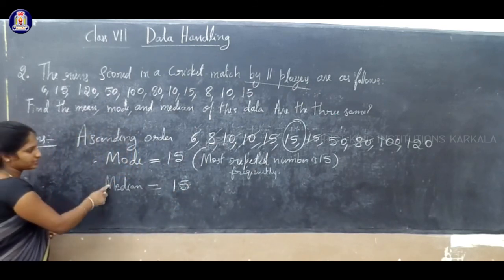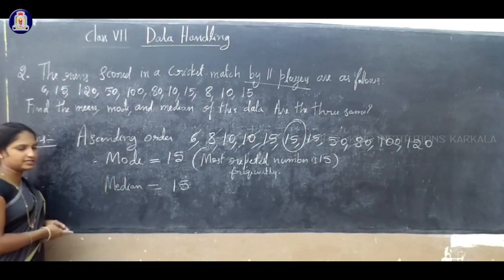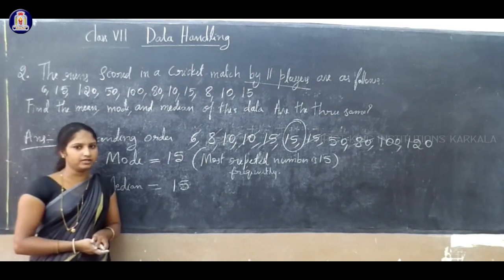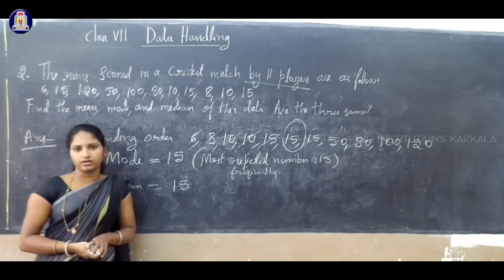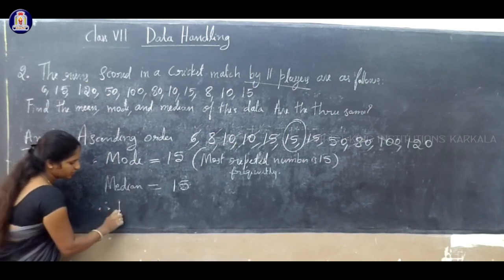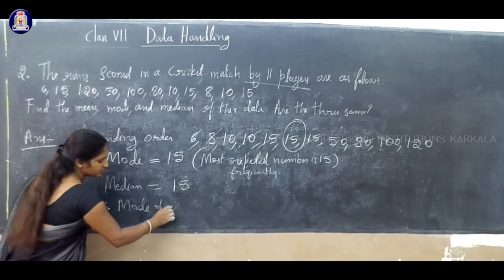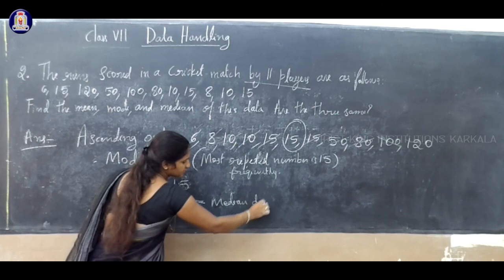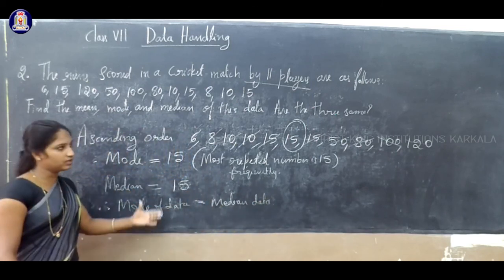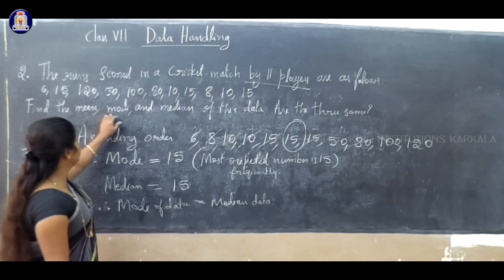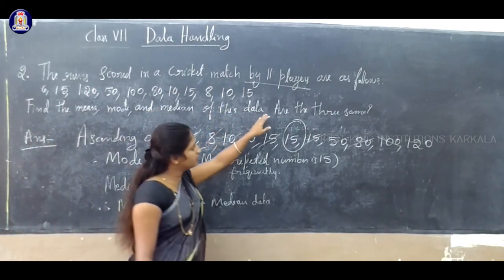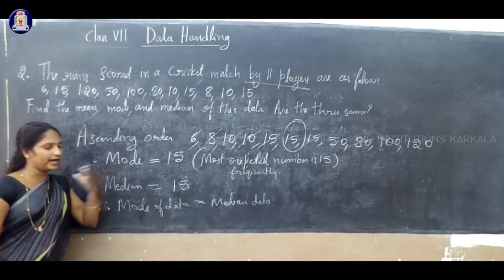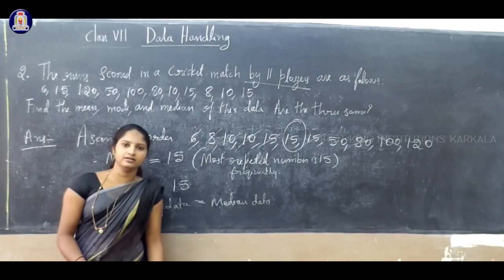Now we compare mode and median. Are they the same? Yes, mode and median are the same. But the mean we got is 39, it's not the same. Therefore we can say that the mode of the data is equal to the median of the data. Both are the same. We got 15 and 15, right? So this is the one more question they asked: find the mean, mode, median of this data. Then the question, are the three the same? So no, the three are not the same. Only the mode and median values are the same. Clear? Yes. Thank you.